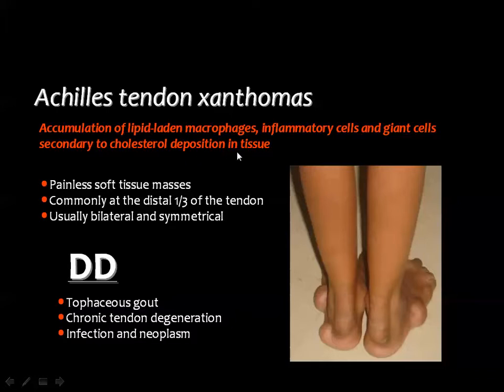deposition in the tissues. This will result in painless soft tissue enlargement of the Achilles tendon bilaterally and maybe also some of the soft tissues of the foot and other parts in the body. The involvement of the Achilles tendon is usually bilateral and symmetric. It commonly affects the distal third of the tendon. And this can be differentiated from gout, for example, or tendinopathy, as I have mentioned, and some inflammatory conditions and